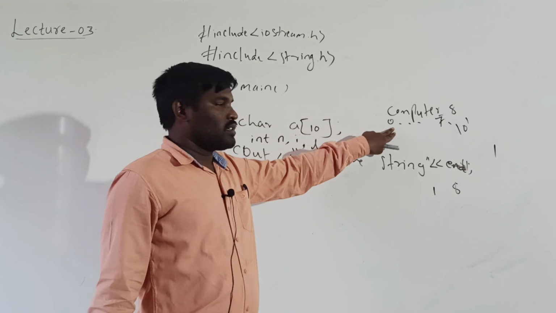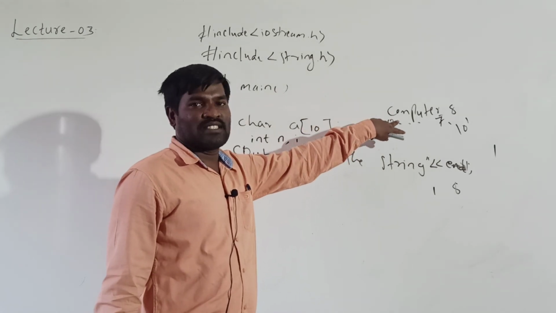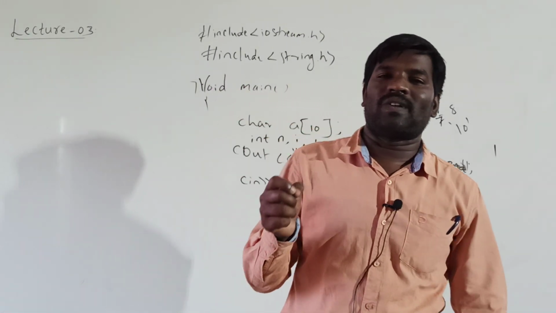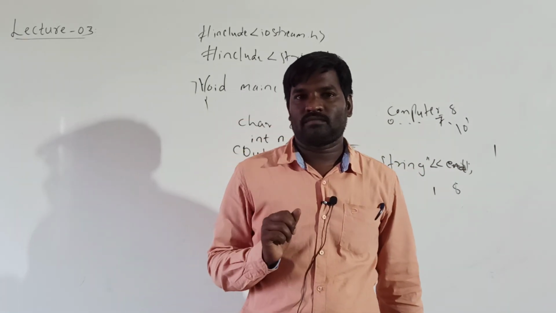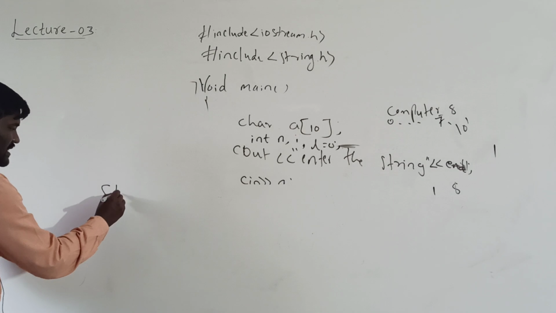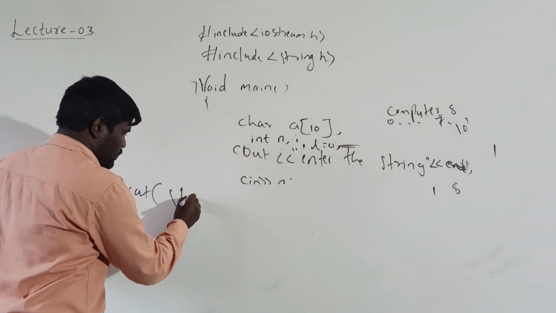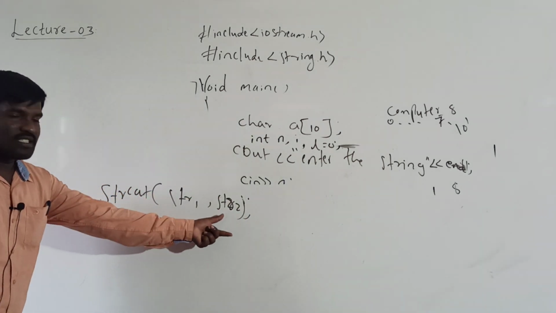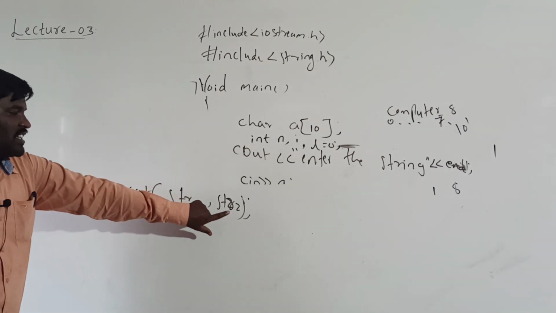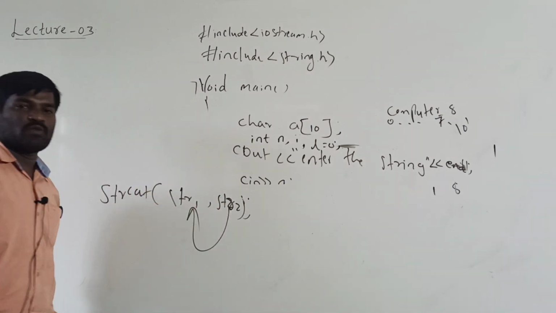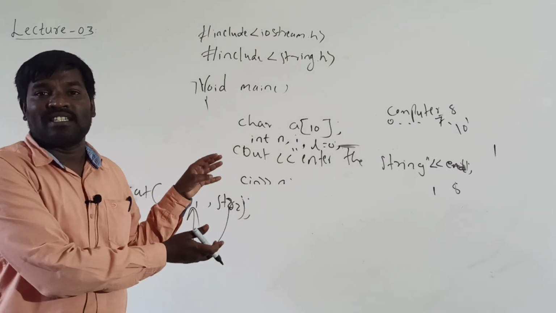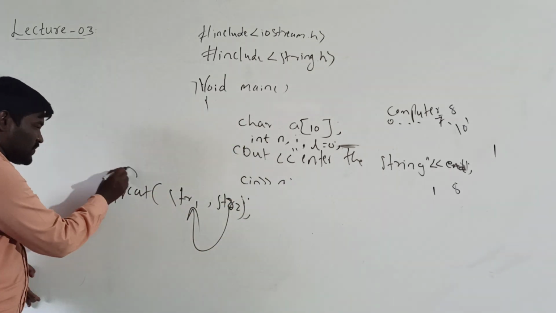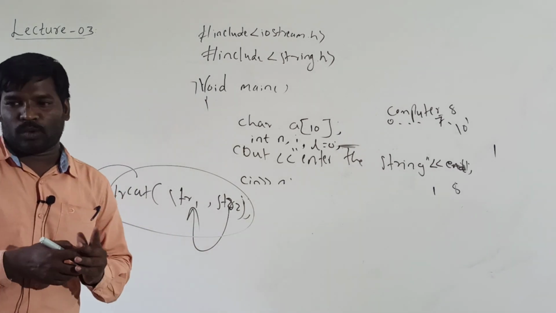Suppose in the second string the first character is a space, it means after joining there is a space in between the two strings. And one more thing is, the resultant must always be string 1, because we have to write like this: strcat(str1, str2). String 2 is joined at the end of string 1. It means that the resultant string is string 1. But without using this function, it is also possible to write the program.